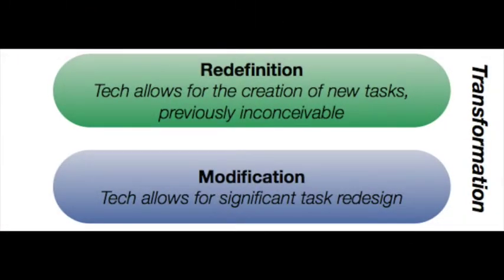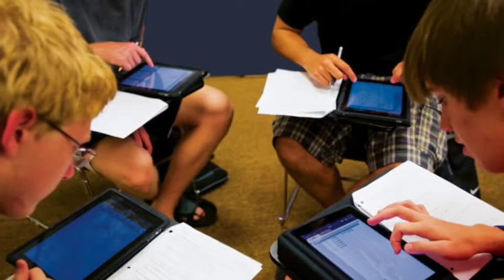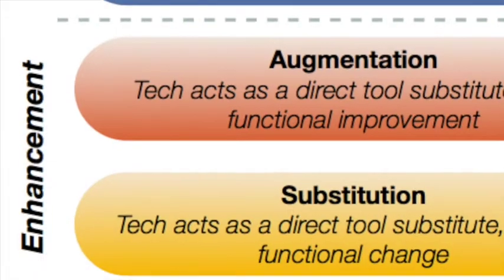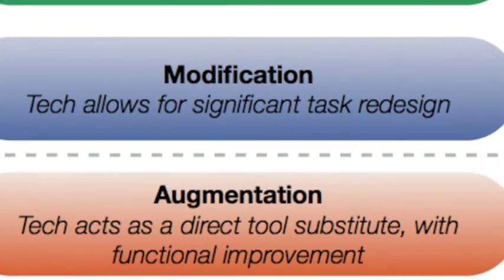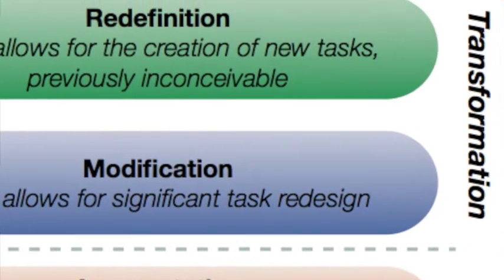However, the 2 levels that we are most interested in are the transformation levels, modification and redefinition. The reason I want to focus on these 2 levels is because they bring a level of alteration to the classroom that can seriously elevate a student's learning. The enhancement levels do not show any major effect in student learning. They can be helpful tools, but learning is not enhanced by the technology itself. These transformation levels, on the other hand, have been shown to have an effect on learning if they are implemented